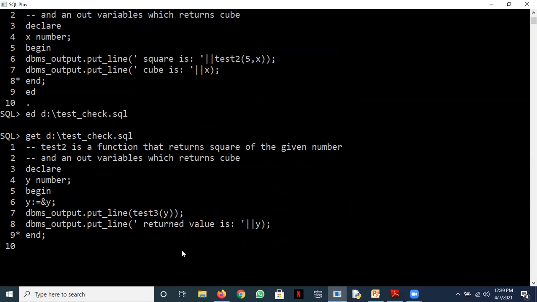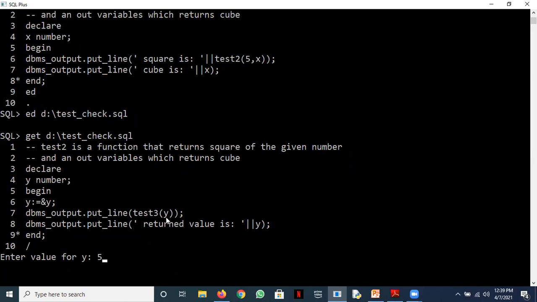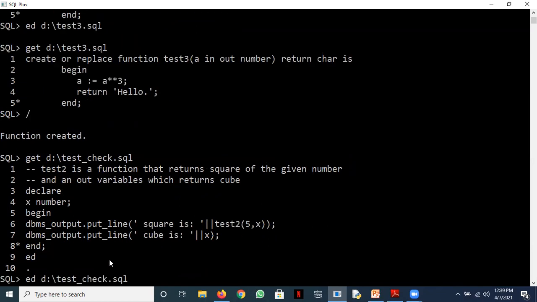So if I pass the value as 5, what is the answer? Can you give me an answer for this? I'm calling this function test3 with the value as 5, and this is the function here, test3. Can you raise hands to answer? Prince wants to answer. Abhijit has also raised a hand. Ankit Prakash also. Yes, Prince, you can answer.